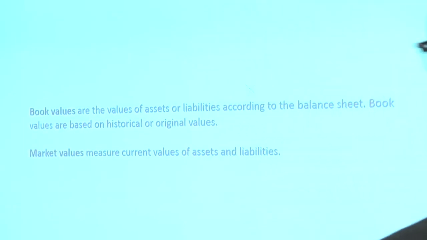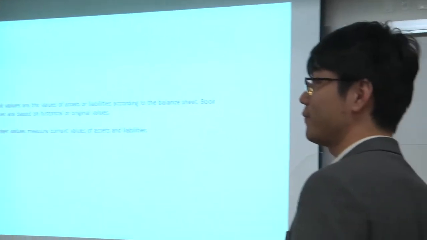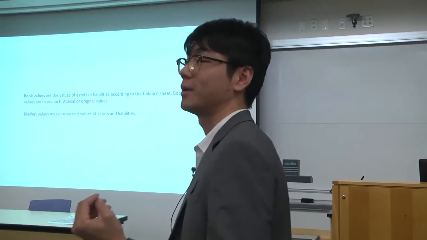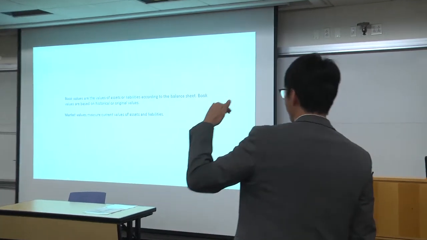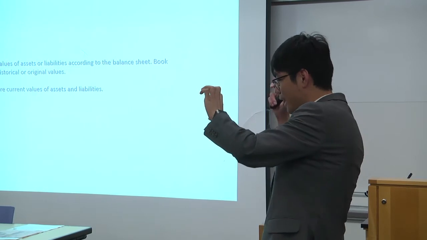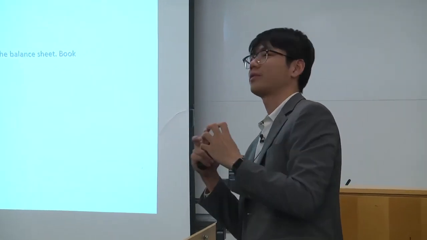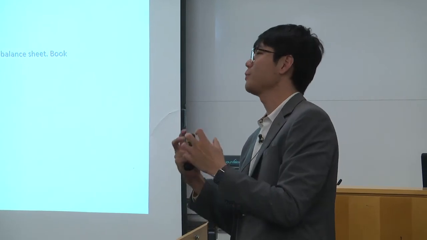So you can say that my book price per share is $20 per share, okay? That $20 per share means what? My shareholders' equity divided by my shares outstanding, okay? That's my historical equity investors' investment per share. But how much is that worth? On the market, it could be 100.